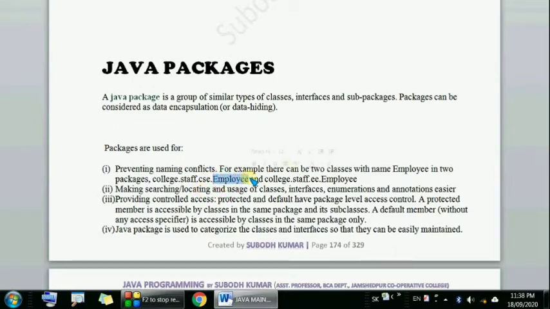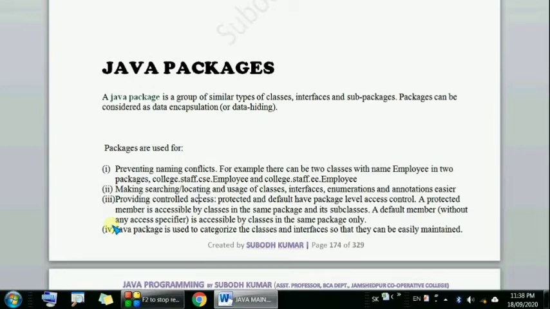The second point is making searching, locating, and use of classes, interfaces, enumerations, and annotations easier. The third point is packages provide controlled access. It provides controlled access using various visibility modes; protected and default have package level access control.